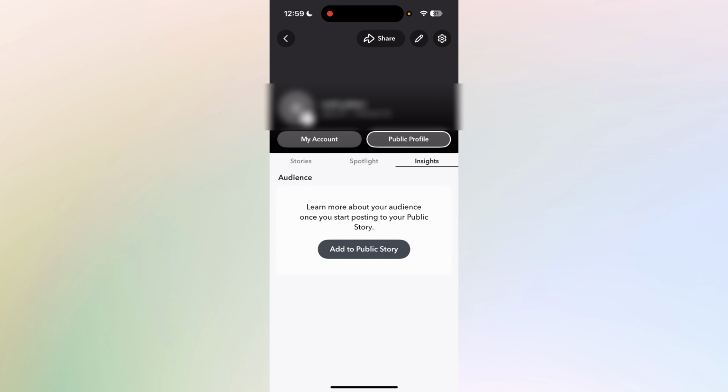So just customize your profile by adding a photo, bio, and other information that you want other Snapchat users to see. And that is just basically how you add a public